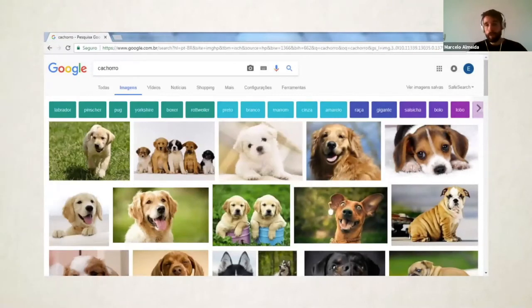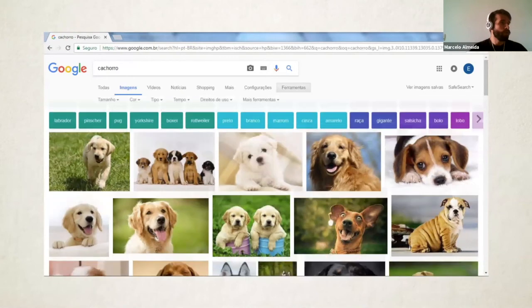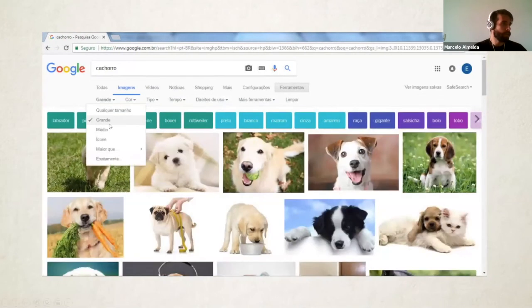Images, how to use Google Images. It's very important because Google Images are not free for use. Google Images are taken from websites, and usually the pictures are not free. So how do we do that? If you search for a dog, for example, you go to tools here, and then you have this, usually big. It's very important here